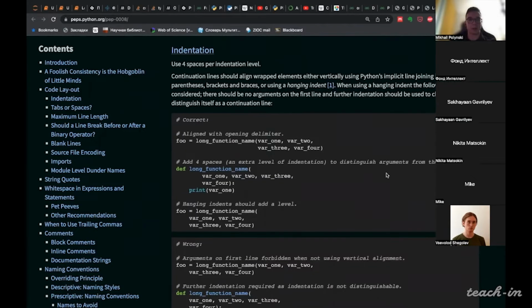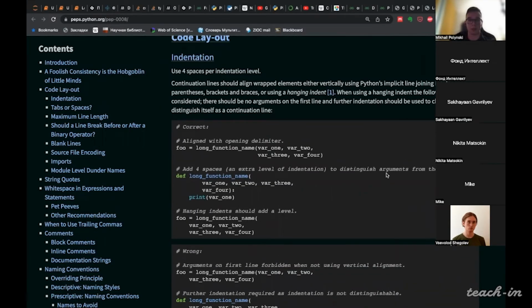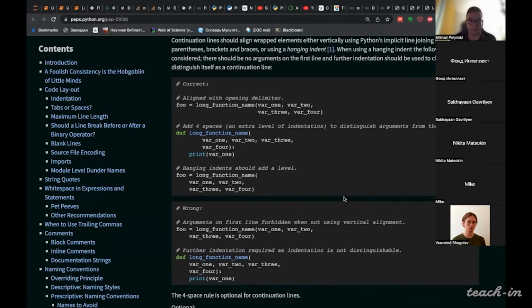For example, indentation can make a difference when you write code. If done properly, the code is read better.